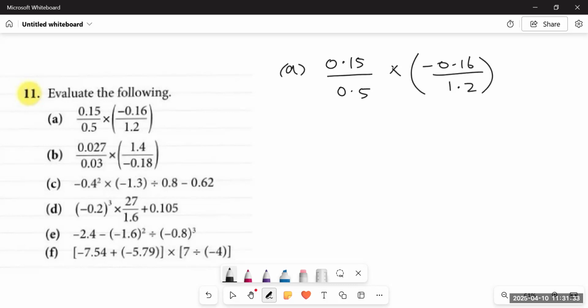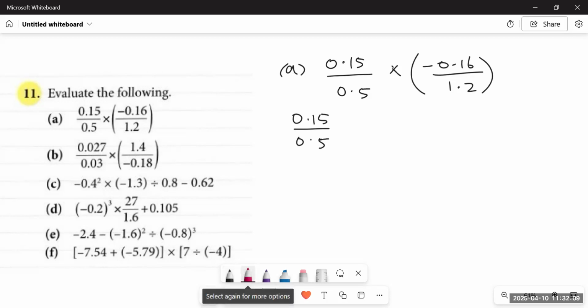Whenever you come up with decimals in fractions, students, the very first step is to look for the decimal places both in the numerator and denominator, especially in the denominator. At least try to remove the decimals from the denominator. And what is the step to remove the decimals? You simply have to multiply the fraction as a whole with 10, 100 or 1000 according to the decimal places they have.